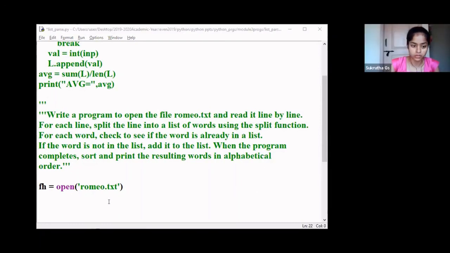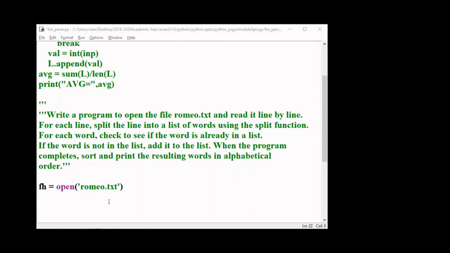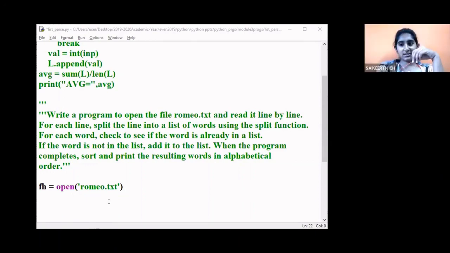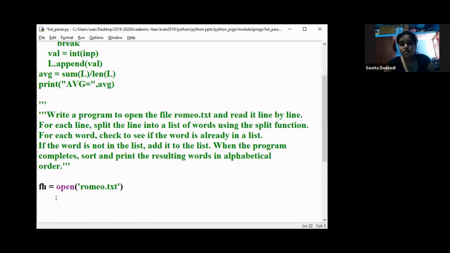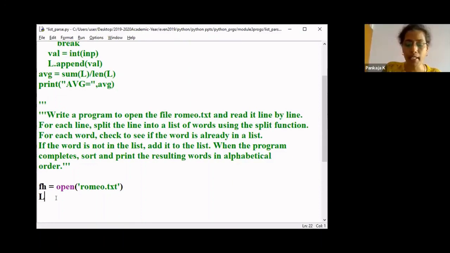What are the parameters? For the for loop, we can use each line. Before that, I should create an empty list, right?